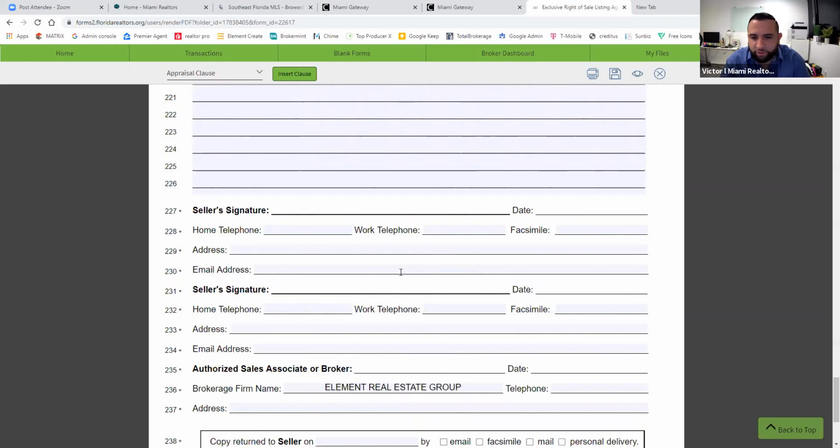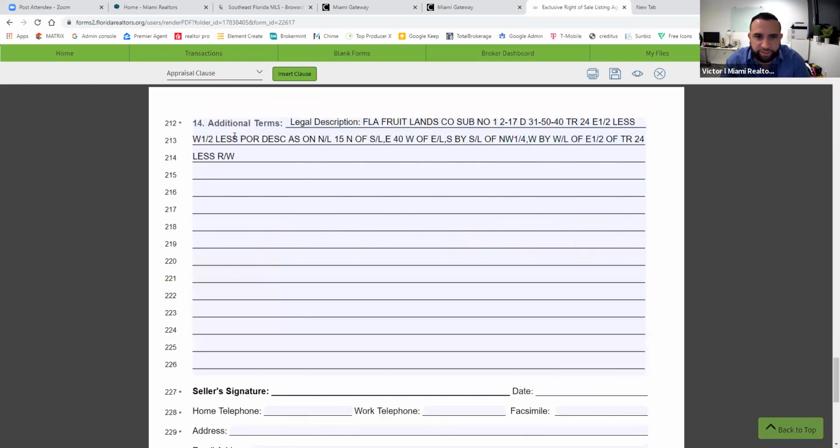Finally, guys, on the final page, we have additional terms here. We put the legal description here. You can put anything else that you want here, anything out of the ordinary, any terms that you negotiate with the seller. You can type them up here, and they'll be effective. So for any additional things, just a quick example, you can say,